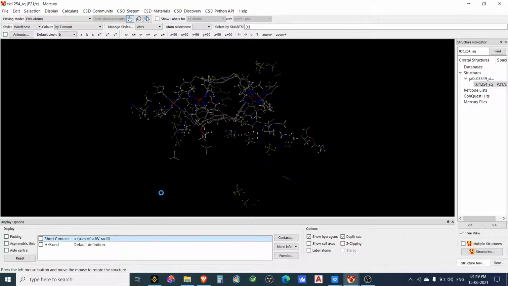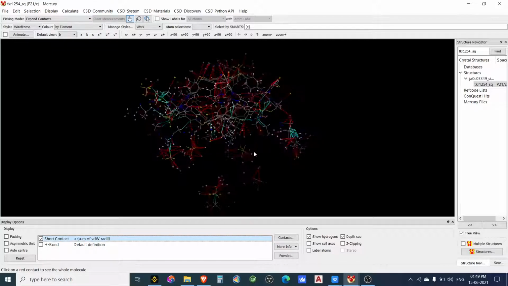After deleting, go here, then make the display options available and create short contact. Okay, sorry, short contact. Wait for some time. It is not responding. After creating short contact, yeah, created.